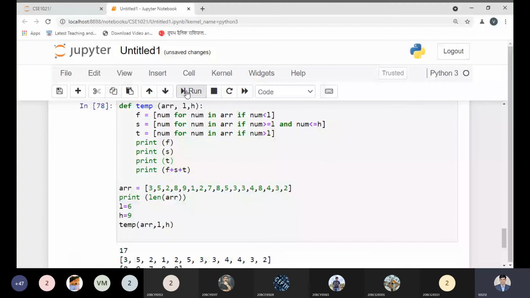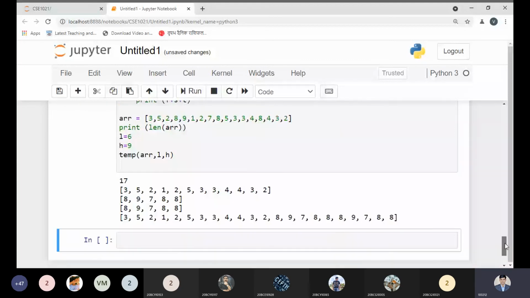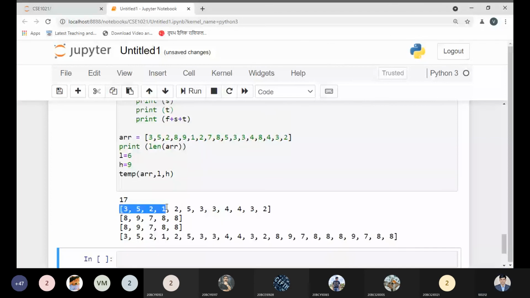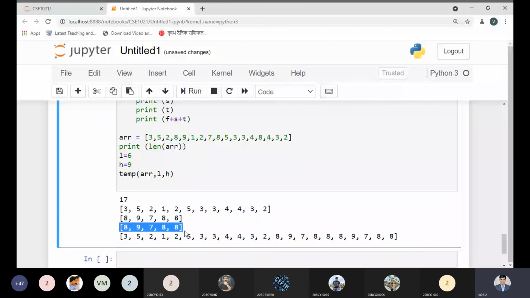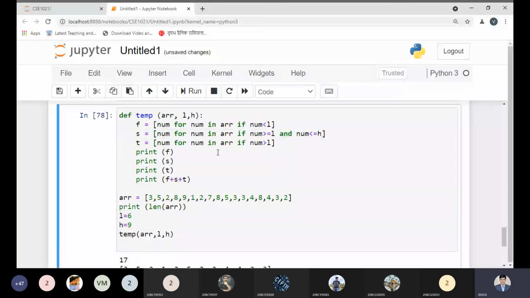Now see what values I'm getting. We are getting a list of all the elements which are less than 6. This is the value which lies between 6 and 9, and this is the value which is greater than 9. Now see, we are getting one value. That should be high. Let me correct this part.